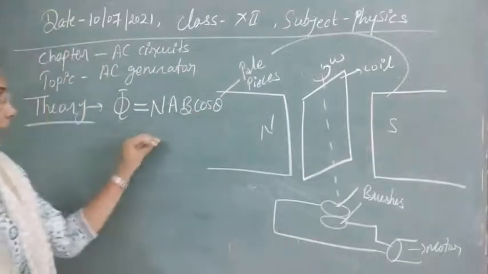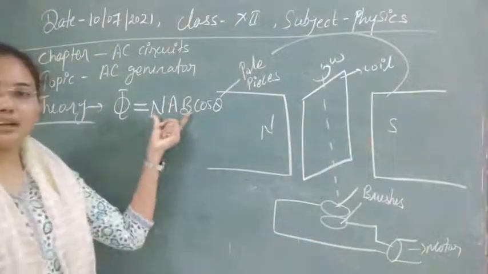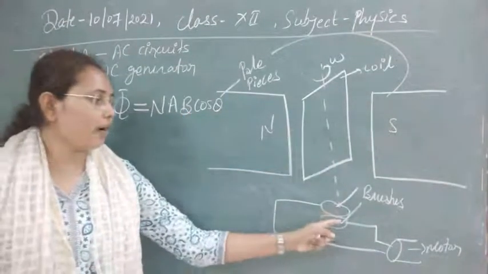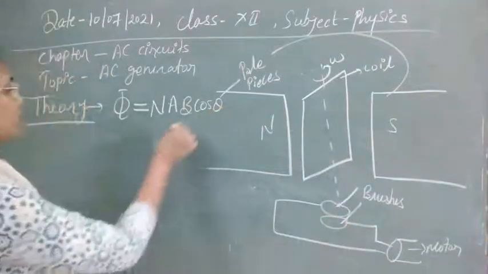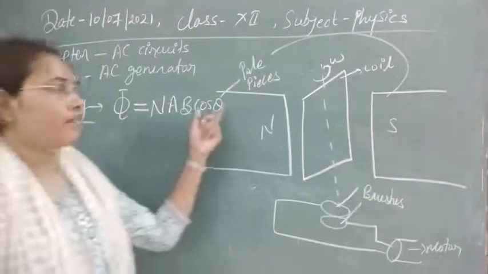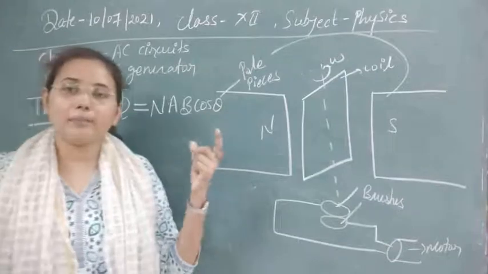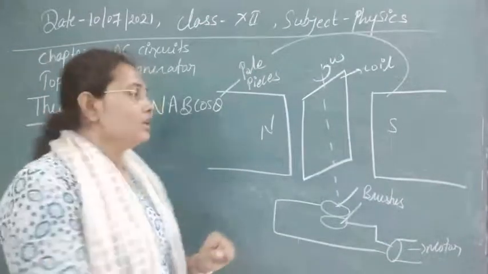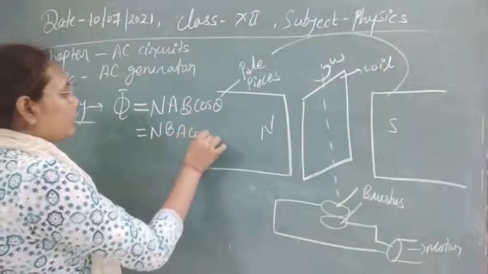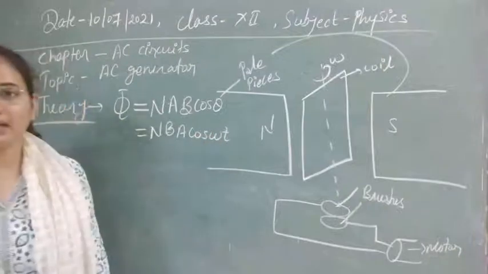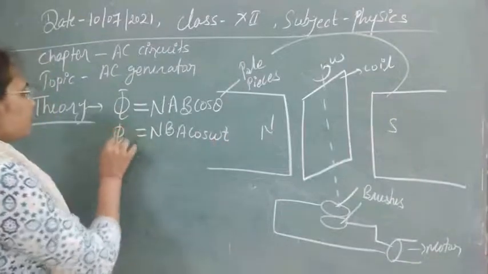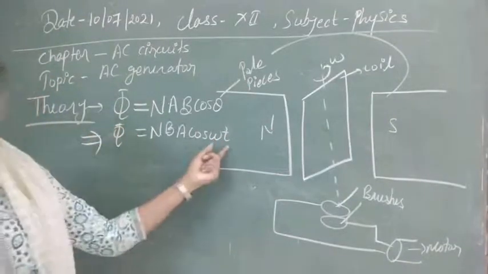Now, as all our other quantities are constant, this theta is changing due to the rotation of the coil by the brushes and motor. Due to the change in theta, the flux linked with this coil changes. And you know that for time t, if any body is rotating with some angular velocity omega, we can write its angular displacement in terms of angular velocity and the time taken to displace by this angle theta. So we have written theta in terms of omega and t.